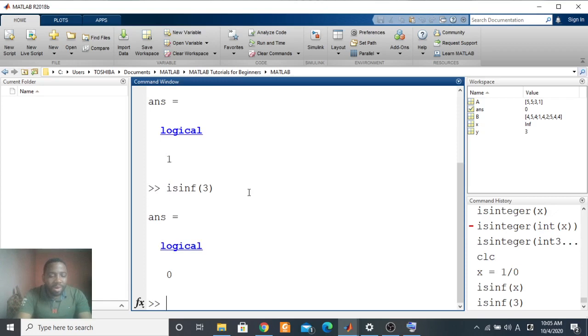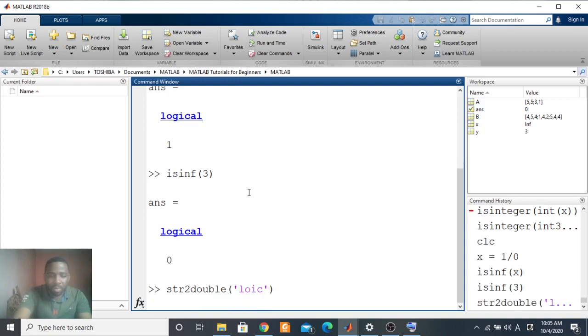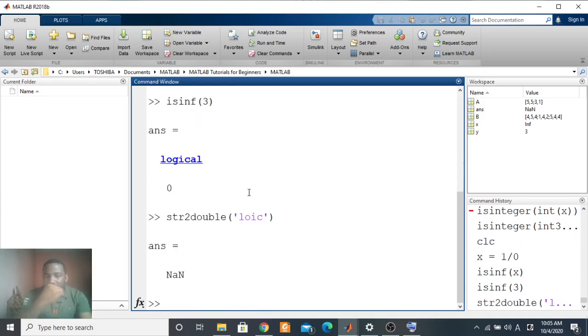So you remember we did a particular conversion from string to double, and we wanted to convert a name, maybe like my own name, Loic, and it gave us the answer NaN. You remember that. And NaN stands for not a number. So you can actually check whether a particular computation is not a number.